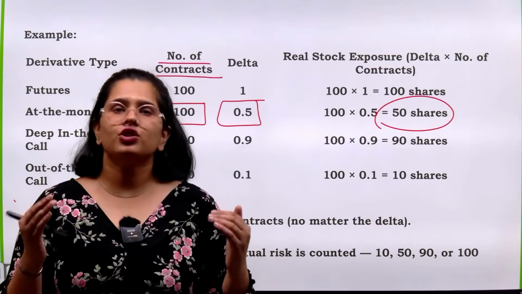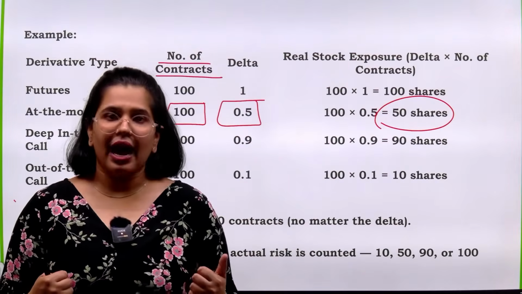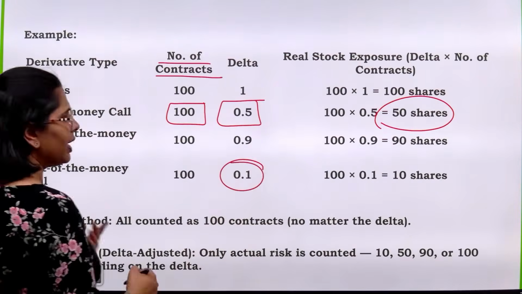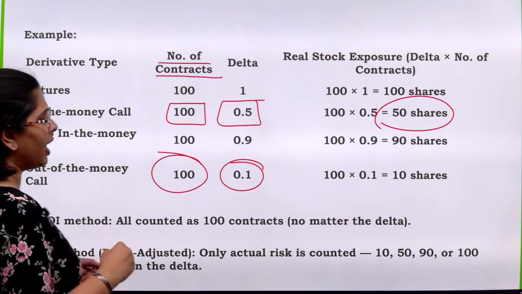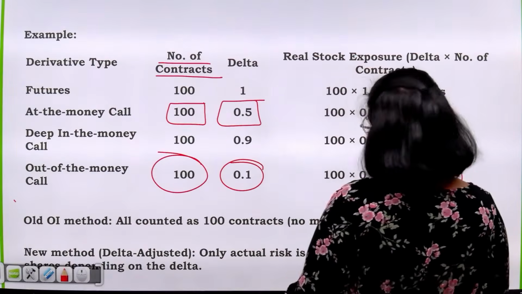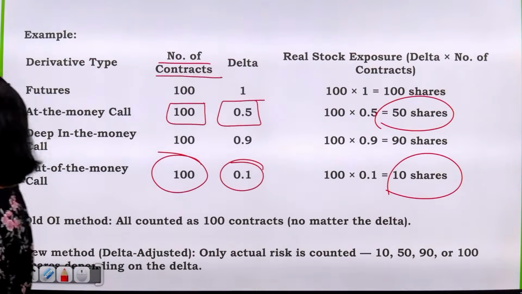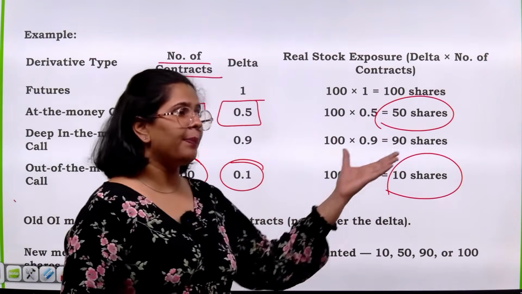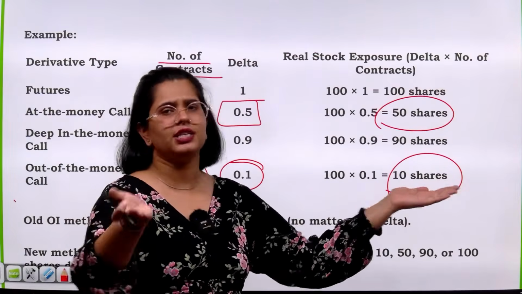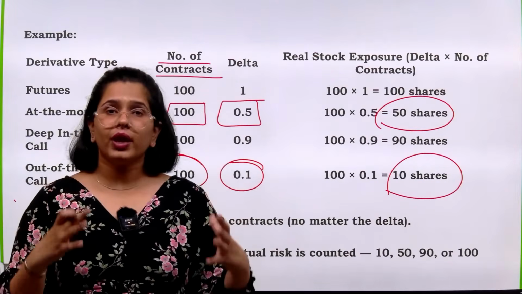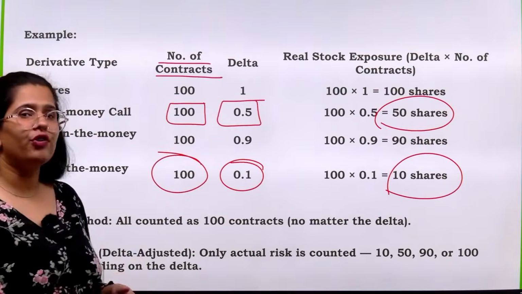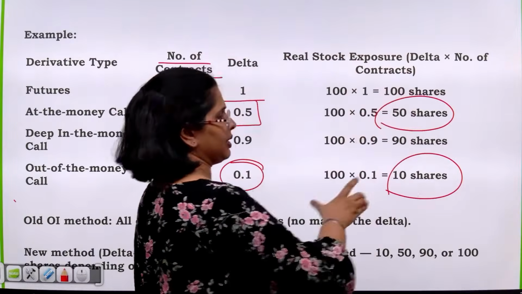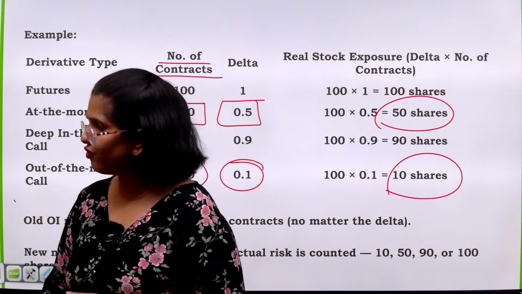So our risk has reduced. If suppose delta is 0.1, really less. So even after having 100 contracts, the risk is exactly similar to just having 10 shares. ठीक है? आपके पास 100 कॉन्ट्रैक्ट हैं, फिर भी आपका रिस्क एकदम सेम है जैसे कि आपके पास मान लो 10 ही शेयर है. So this shows we just don't want to see how many contracts there are. We want to see what the actual risk is by having this kind of contract, right?